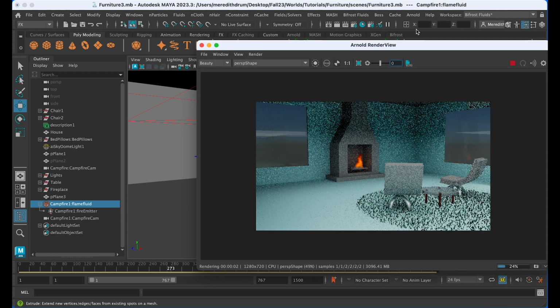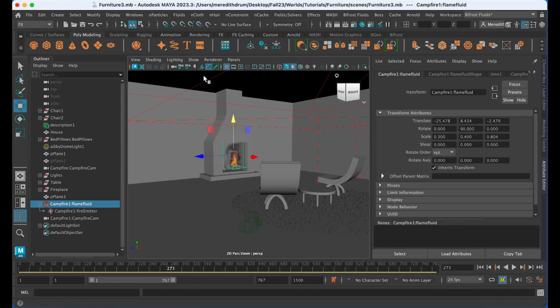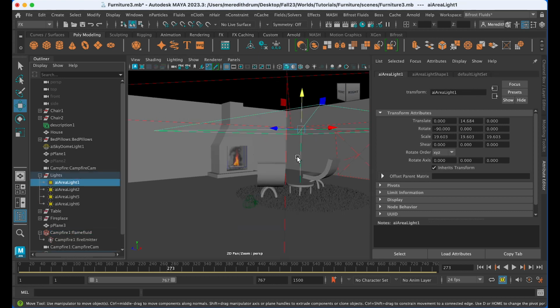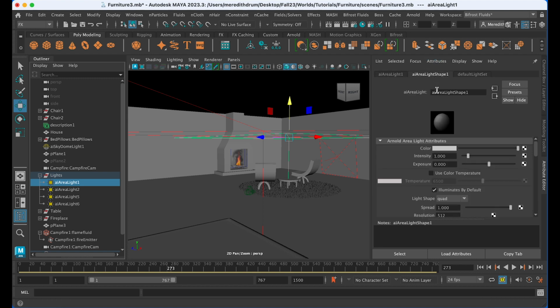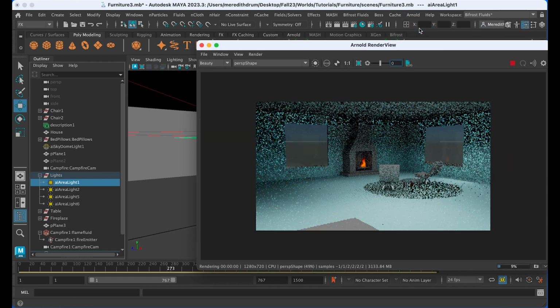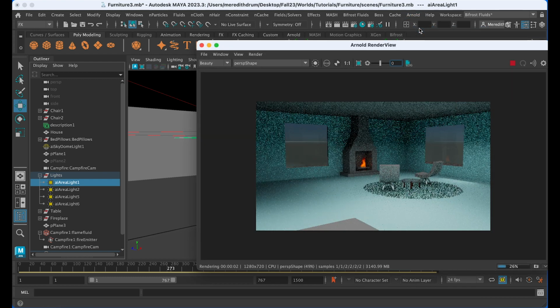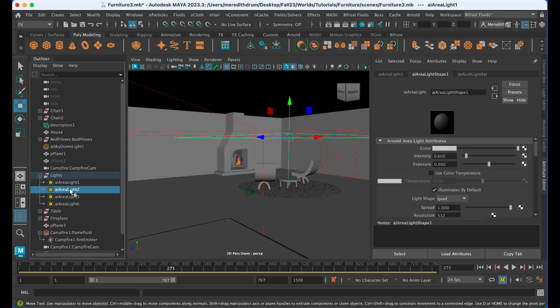It looks pretty good, and again, you can take out some more of the lights or even just dim them if you wish. I made a group for the lights, so we could say, okay, we want this light to be a little smaller in its intensity. And then you can start to see how that's going to look. You don't have to render it all the way if you don't want to.